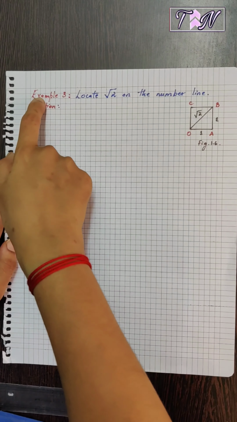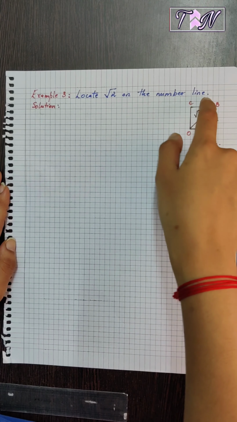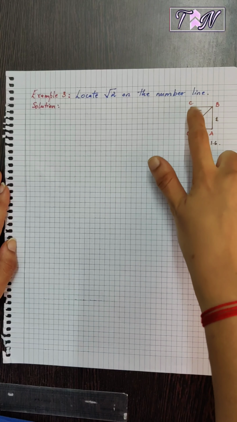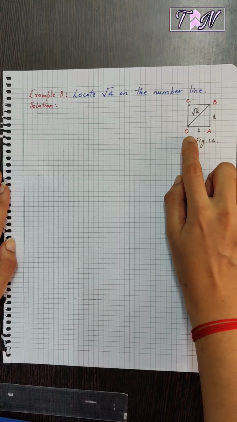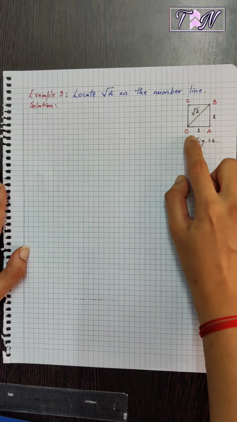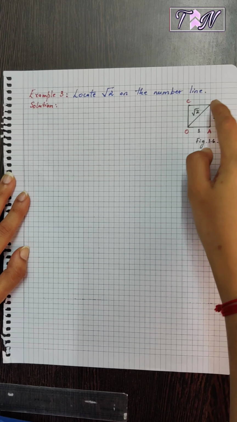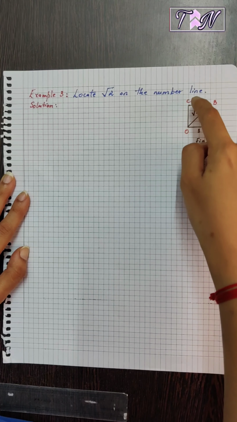Let us look into example 3. Locate root 2 on the number line. For this, let us consider this figure wherein you have a unit square of every side of 1 unit. So OA is equal to 1, AB is equal to 1, BC is equal to 1 and OC is equal